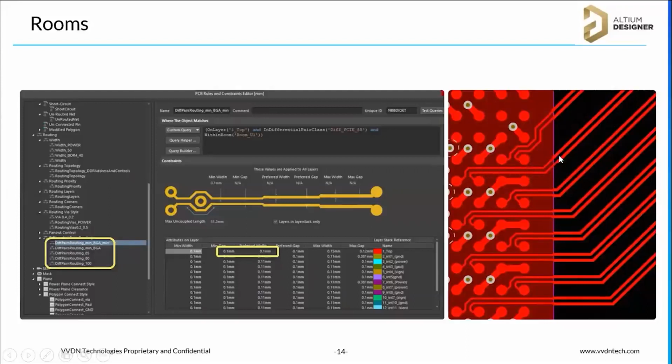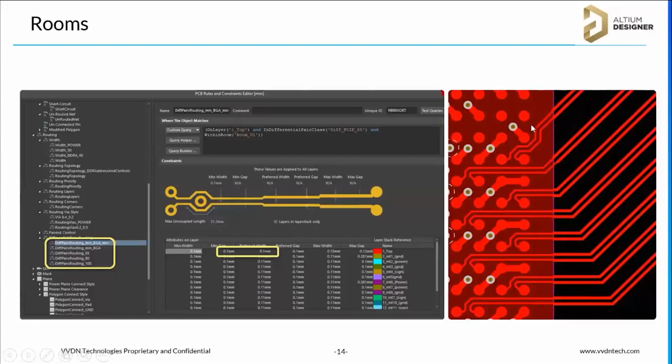In that case, you have to neck down the track width, right? You have to neck down the track width from 5.8 to, for example, 4 mil. Only 4 mil spacing is there between these two pads. Means 12 mil is there, so 4 mil for track. I'm considering it as a single net. So 4 mil track width and 4 mil clearance. Consider a 12 mil gap between these two.